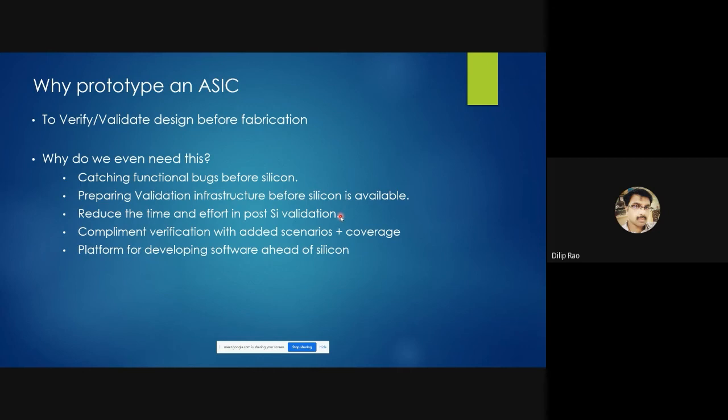Because the time to market is the key thing in any semiconductor design. Time to market is a key thing. So you need to be the first to market. Whoever arrives first to market captures the major share of the market, and he is the winner. Okay, so